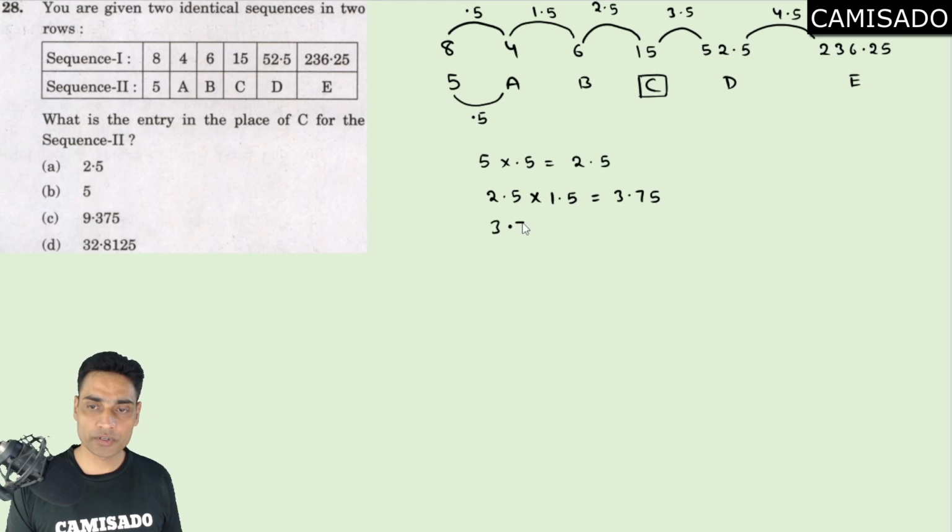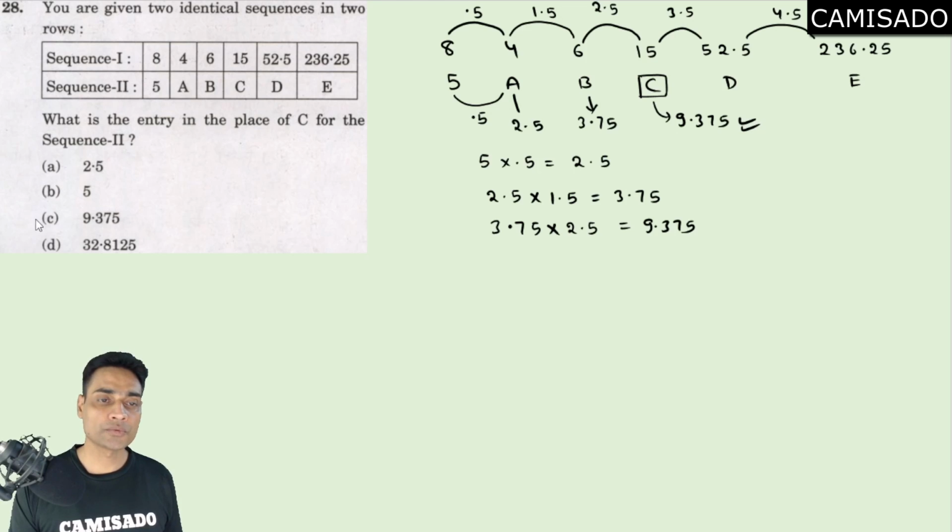Then 3.75 multiplied by 2.5, it is equal to 9.375. So the value of C is 9.375, the value of B is 3.75, and the value of A is 2.5. So this is our correct option, option number C for this particular question. Fine. Now next,